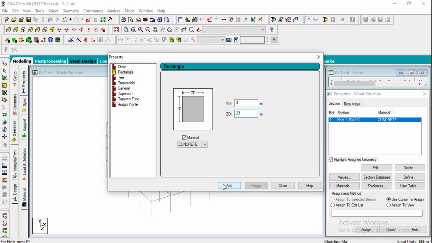Just add. Similarly for columns, the external columns were 450 by 450, and for internal columns it is 0.45 by 0.3, and click on add. Similarly for external columns, it is 0.45 by 0.45. Click on add. I am going to close this one, just click on close.